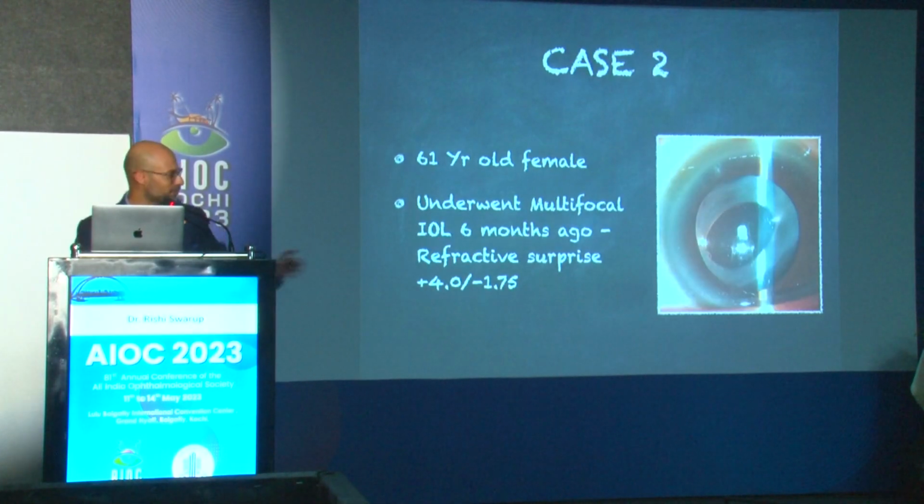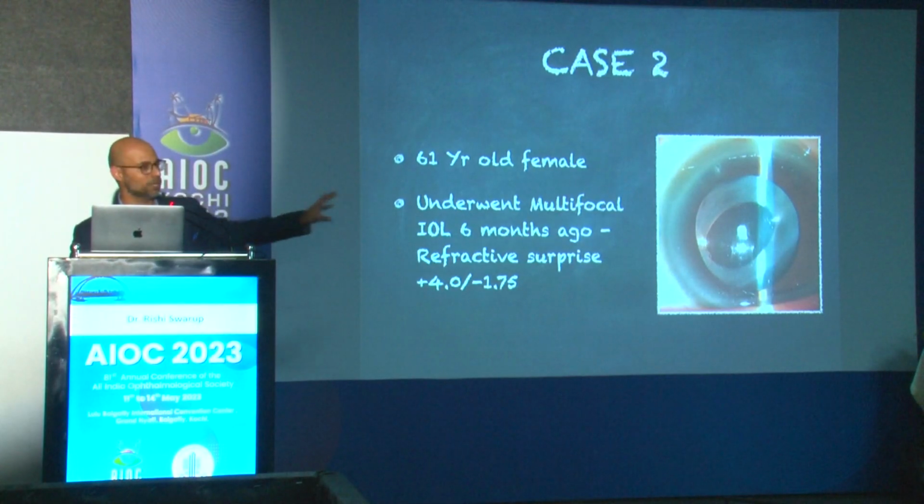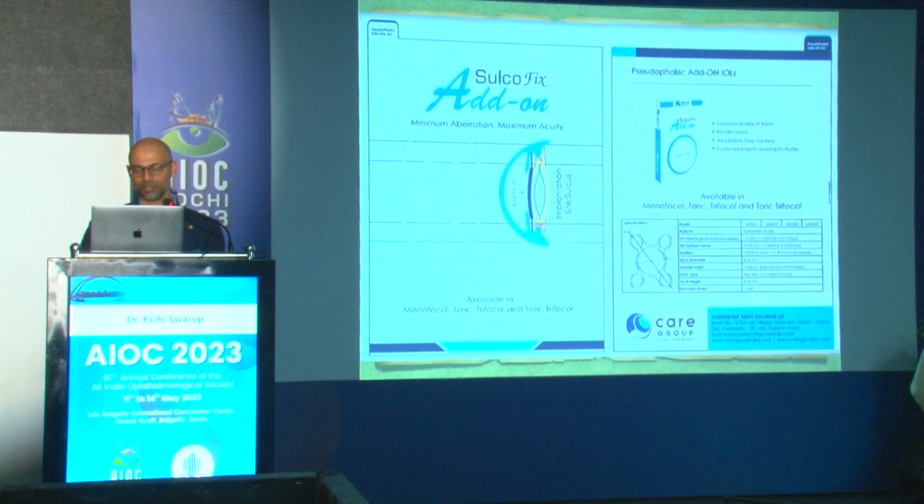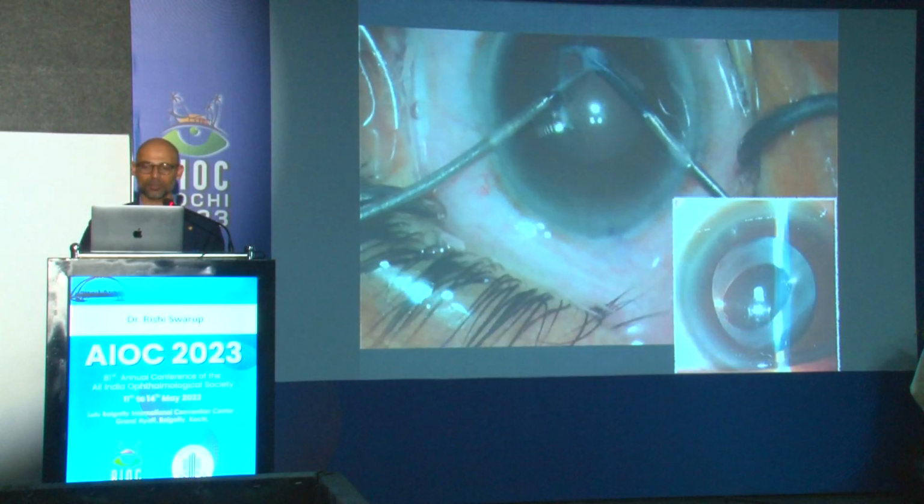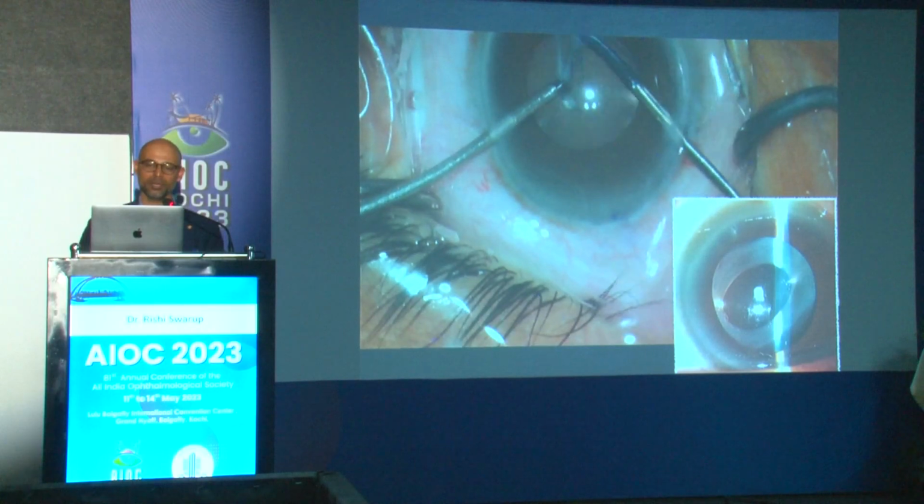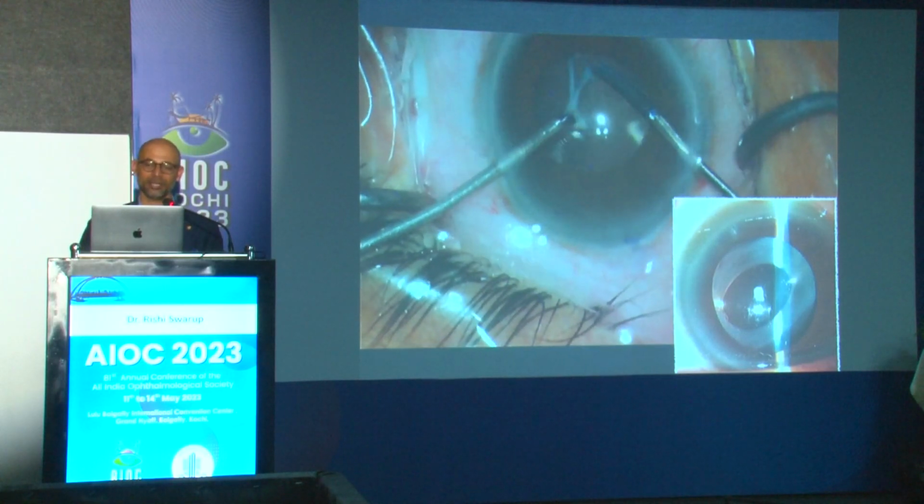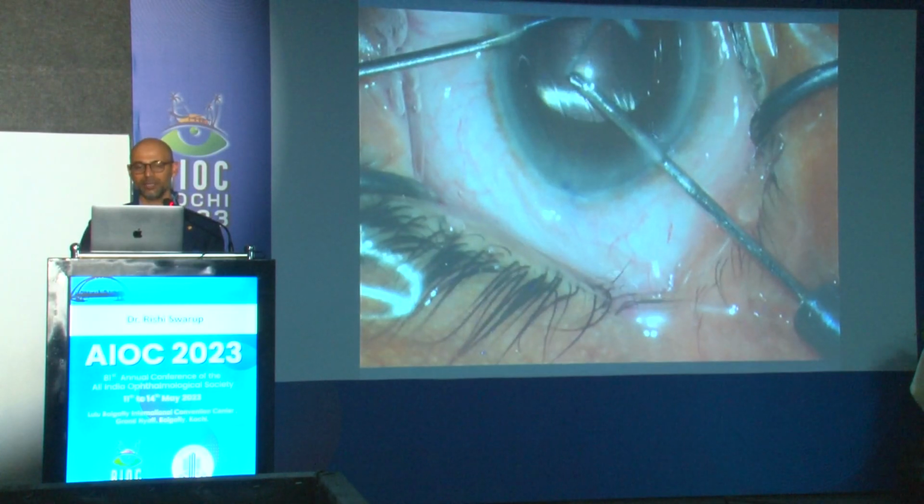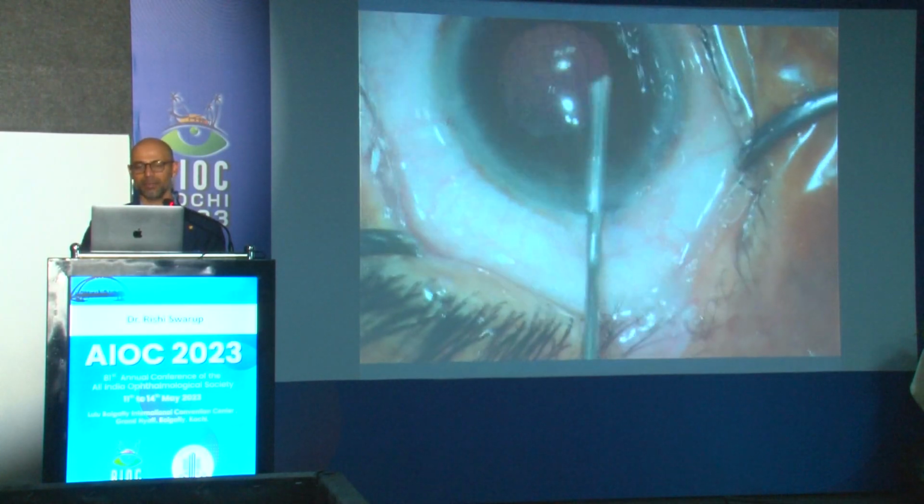There was obviously an element of phimosis also, which might have shifted the effective lens position, but I didn't want to do 2 interventions, so I directly decided to do a piggyback and just enlarge the capsule opening. So we used this lens from the Care Group called Sulcofix, add-on Sulcofix, and I decided to go with a toric lens. As you can see, we've enlarged the anterior capsule opening and then basically implanted